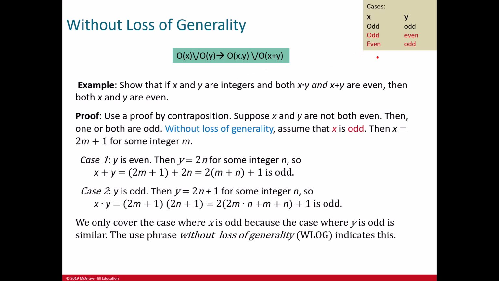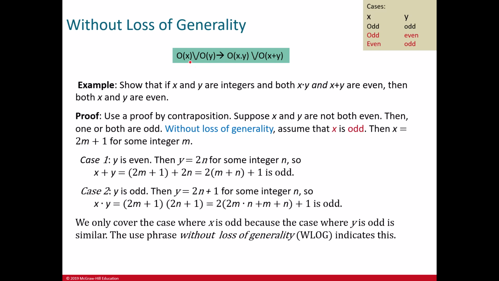Okay, so we need to consider all these cases. Now, we are faced with a situation where there is a potential for repetition. Notice that under X, we have the possibilities odd, odd, even, and under Y also odd, odd, or even. All of this is the same problem. So this is why, without repeating ourselves, we say, you know what,